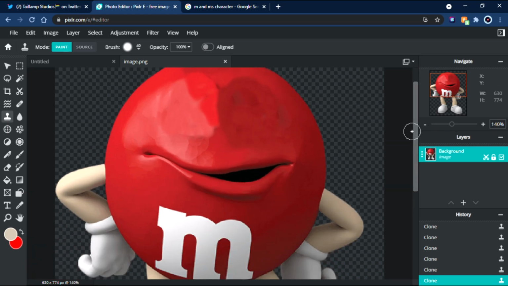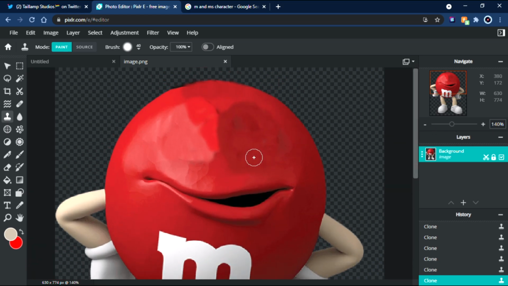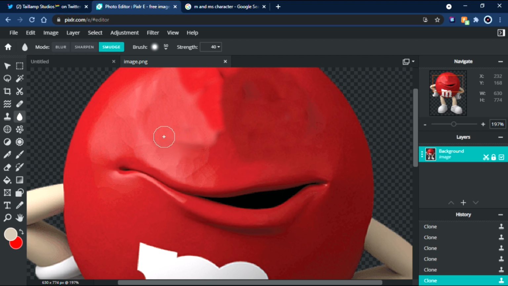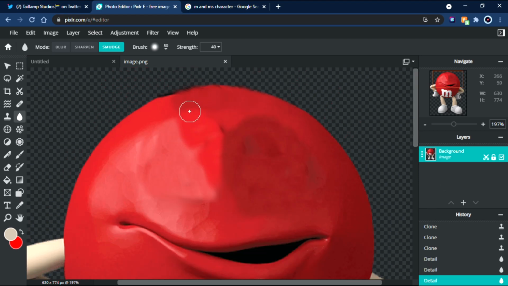I mean, I'm gonna be honest, at least it doesn't look flat. The worst thing you can get when you're editing something with that tool is it ends up looking a bit flat and like you've just painted over it, because then at that point you may as well just paint over it. So the fact it's got a bit of texture, actually kind of good. So